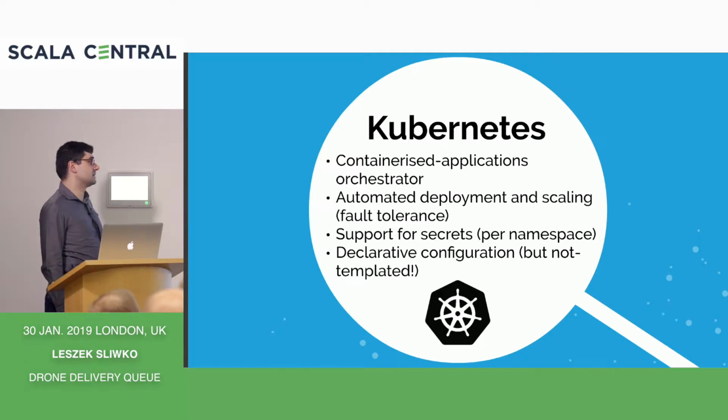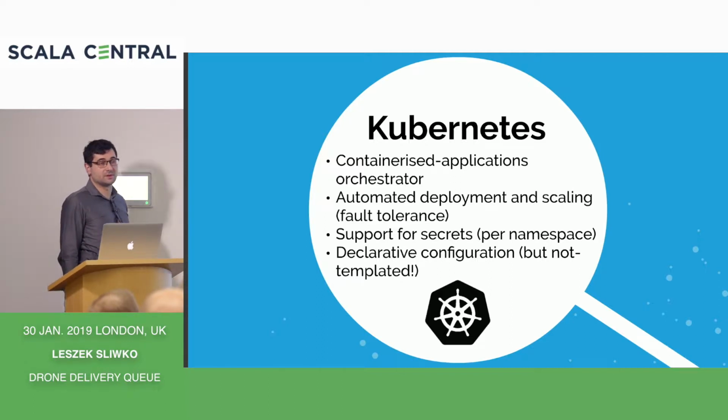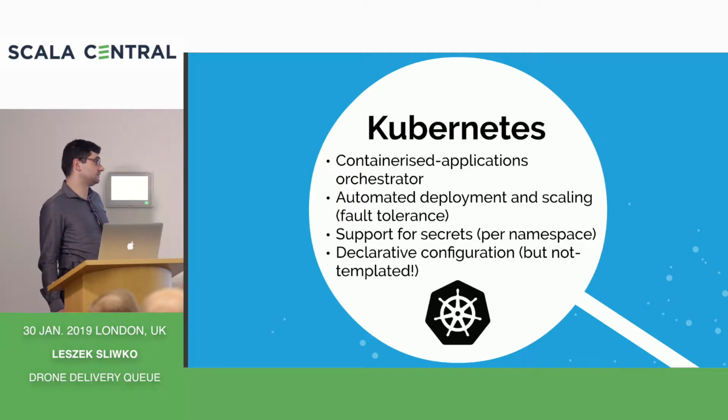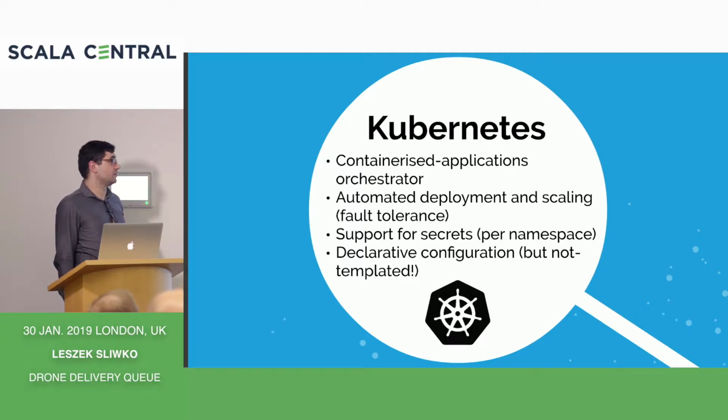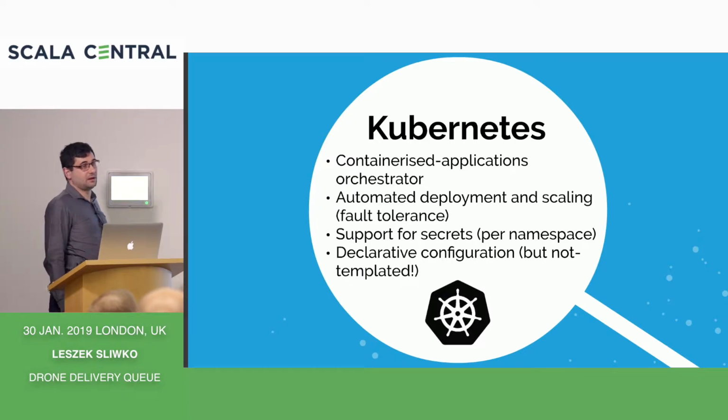Each Kubernetes environment is called a namespace, and there's a bunch of secrets which the application can use. They usually map to environment variables, so if you start an application, you can just read from them. It gives you lots of things for free: automated deployment, of course, and fault tolerance. It also gives you a very convenient way of updating a new image by rolling them over. If you have, say, 5 containers running, it will update them one by one. Therefore, there's no shutdown of the system.